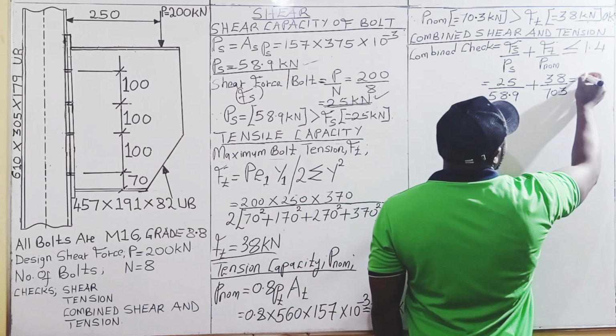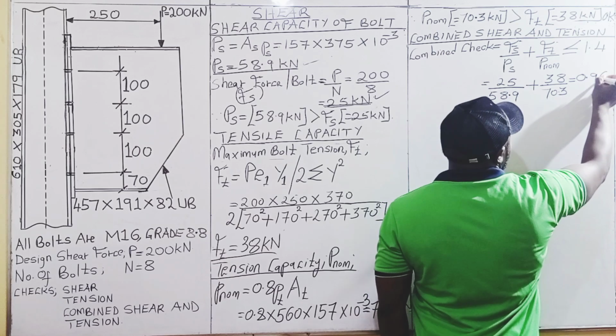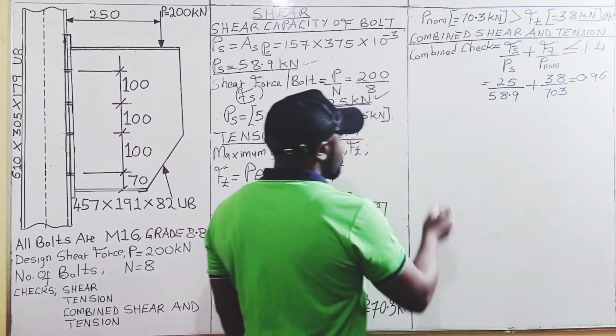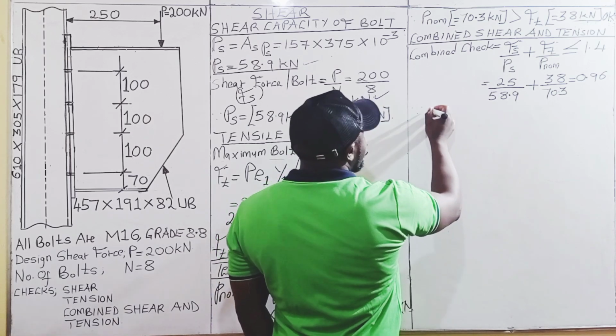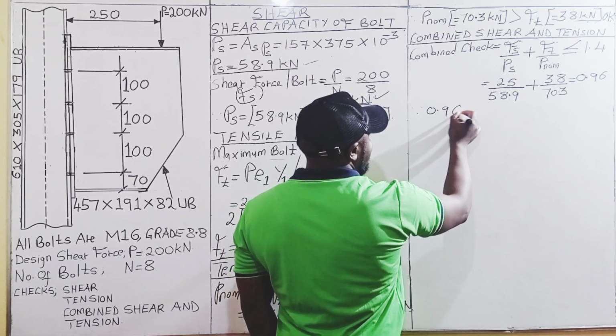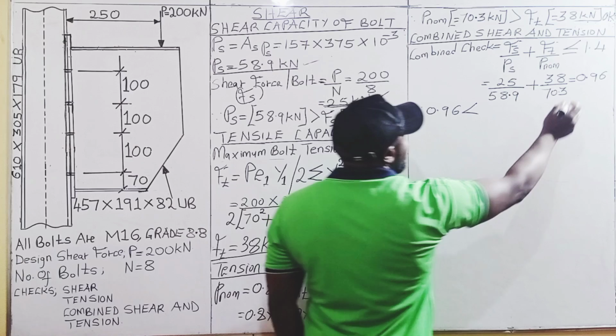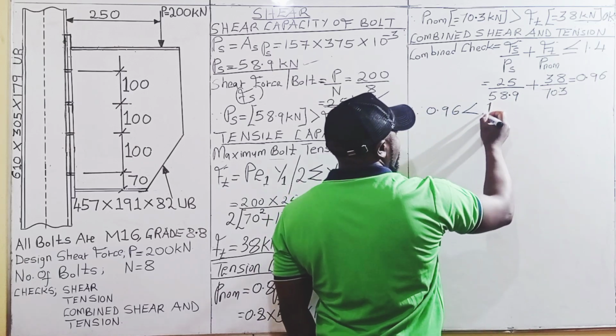And this is going to give us 0.96. And therefore, since 0.96 is less than 1.4,